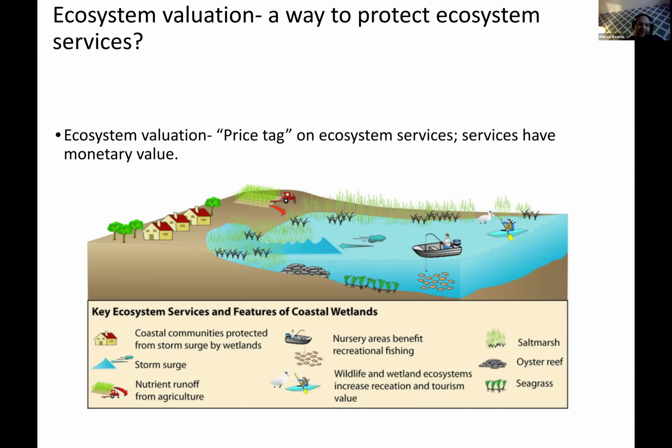We have a coastal ecosystem here. You can pretend this is Massachusetts because this would be very much like on the Cape, right? We have a coastal community. We have farming. We have fishing. We have recreation. We have seagrass beds. We have wetlands to protect the coast from storm surge, right? So all those ecosystem services, those four we just talked about, are all present in this ecosystem. And whether or not they realize it, these ecosystem services have really high value to them.